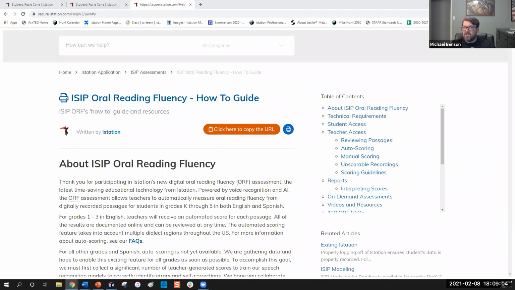So there you go, that should get you to that how-to guide. So that'll give you a lot more information just about how to do that. You can do on-demand assessments for oral reading fluency, but if you do many of them, you'll start to run into students getting